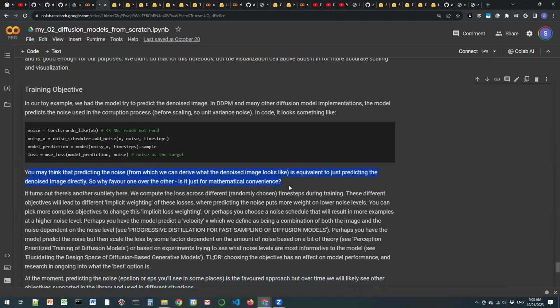Estimating, predicting the noise is equivalent to just predicting the denoise. So why favor one over the other? Right? And he talks about the subtlety, which, frankly, I didn't completely understand, but he says that